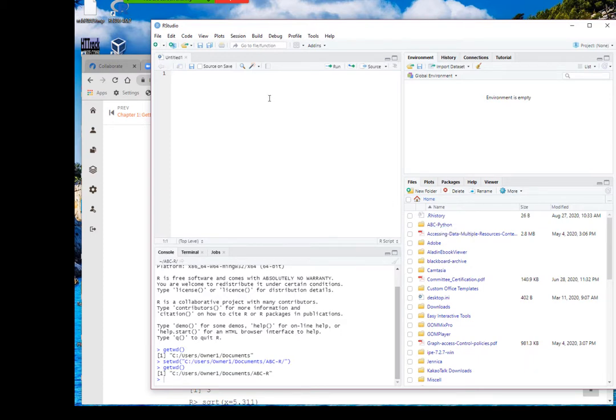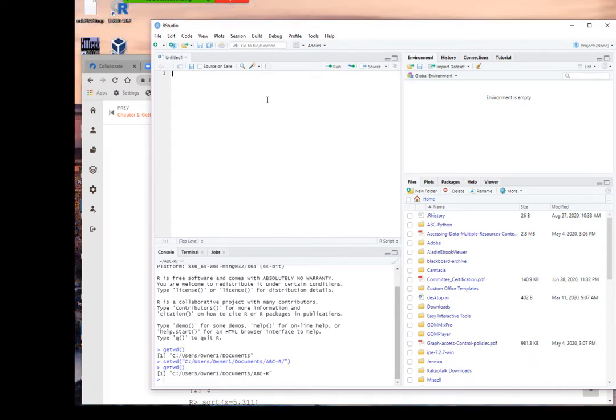Okay. So now the first thing is basically I'm just following the book. The first one is arithmetic, and I'll just do the simple thing, 2 plus 3. And if you want to execute this, there are a couple of ways.